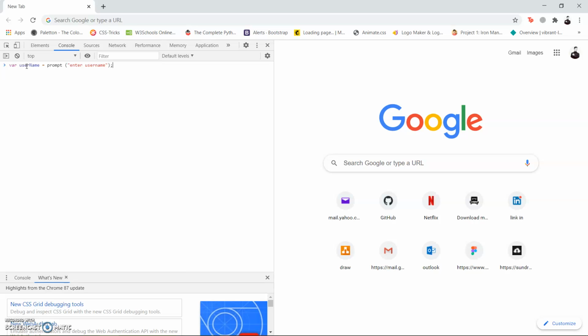Then I'm going to press shift and enter so that it doesn't trigger the code. I'm going to say var password. Password is one word, so you don't need to use camel case. And it will be prompt("enter password");